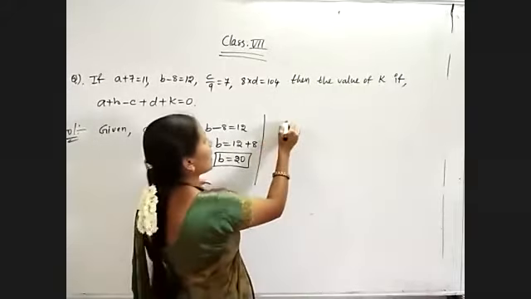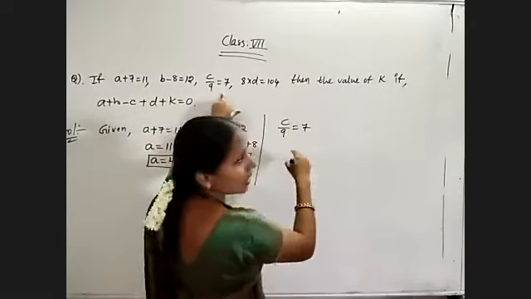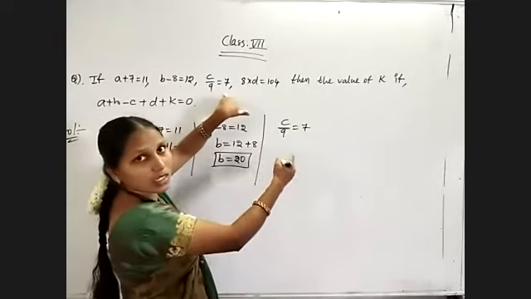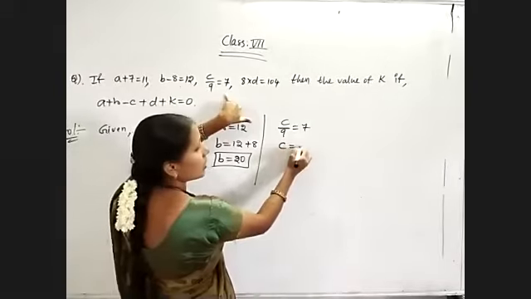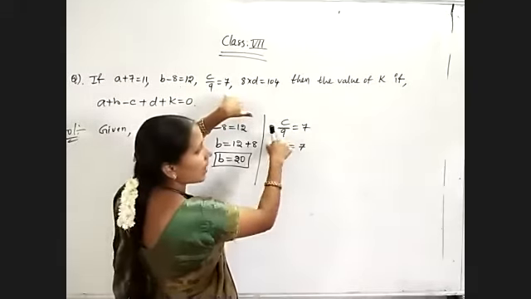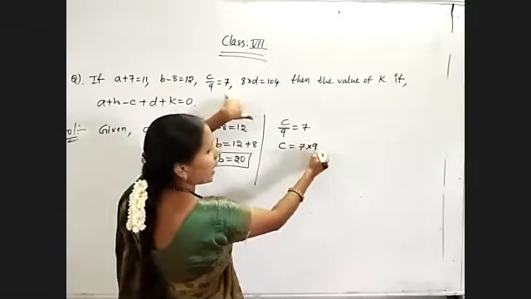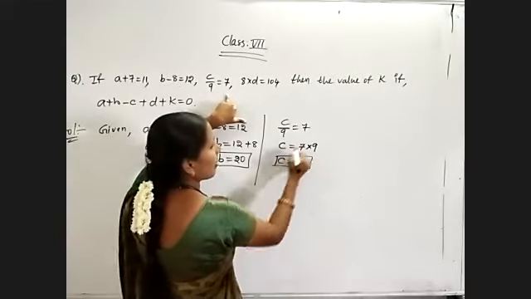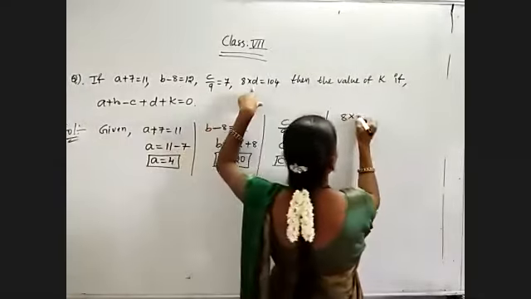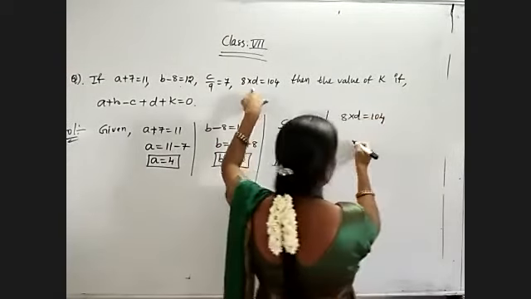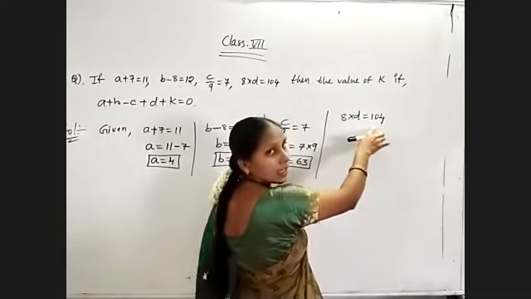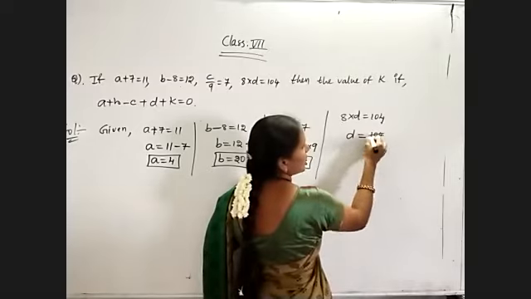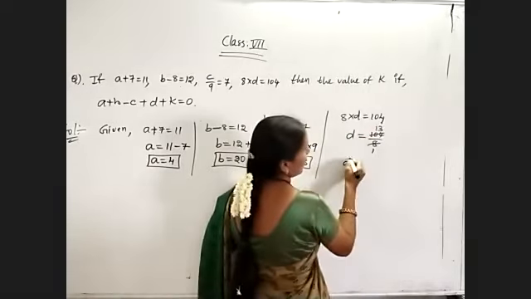Now coming to the c value, c by 9 is equal to 7. To get the c value, we have to use the third equation. Now here is a division operation, so how will it change? Multiplication. c is equal to 7, my RHS, bringing this side, into 9. Okay. c will be equal to 7 nines are 63. Now the fourth equation, 8 into d equal to 104. Then here is multiplication, so bring this side, it will become division. d is equal to 104 by 8. 8 ones are 8, 8 thirteens are 104. d equal to 13.